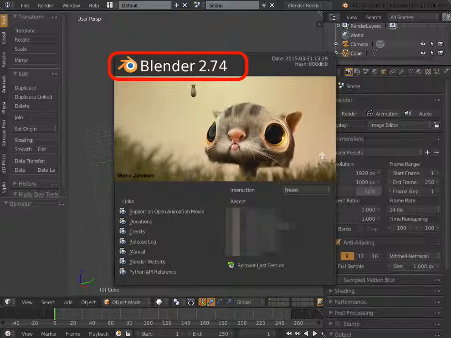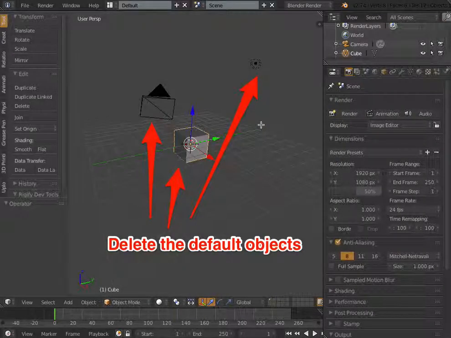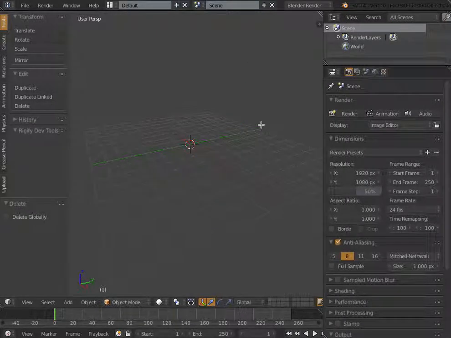In this video, I'm going to show you how I set Blender up anytime I'm going to be doing some modeling for 3D printing. I'm using Blender version 2.74 on a MacBook Pro. The first thing I do is just delete the default objects so we can take a look at the grid